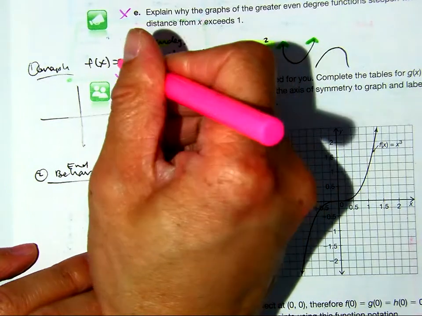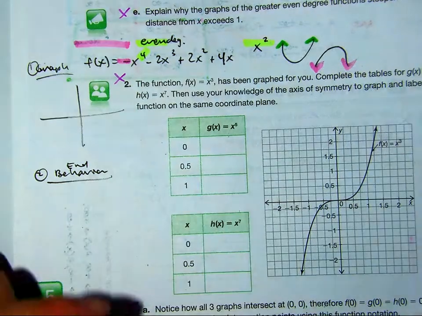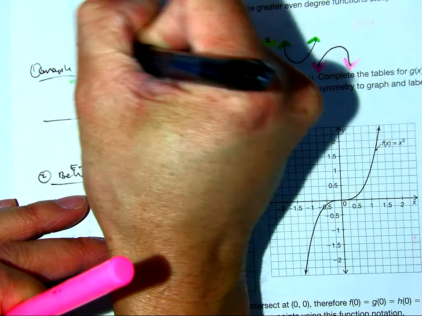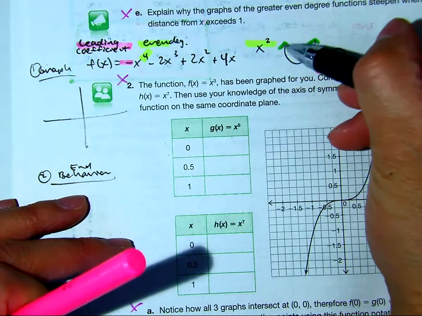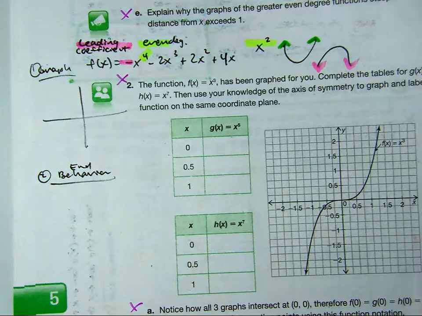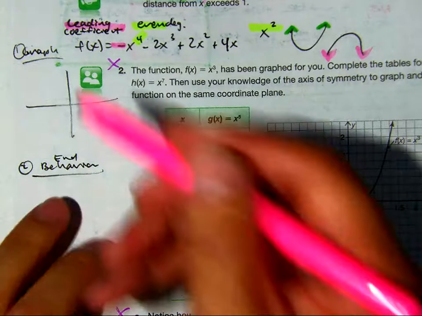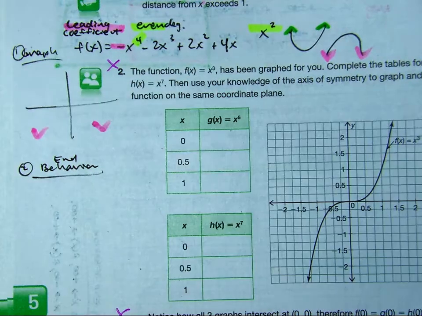The leading coefficient, let's label that. Leading coefficient tells us to flip the green to the pink. So now I'm going to have a graph that starts down, ends down, and I know in my graph